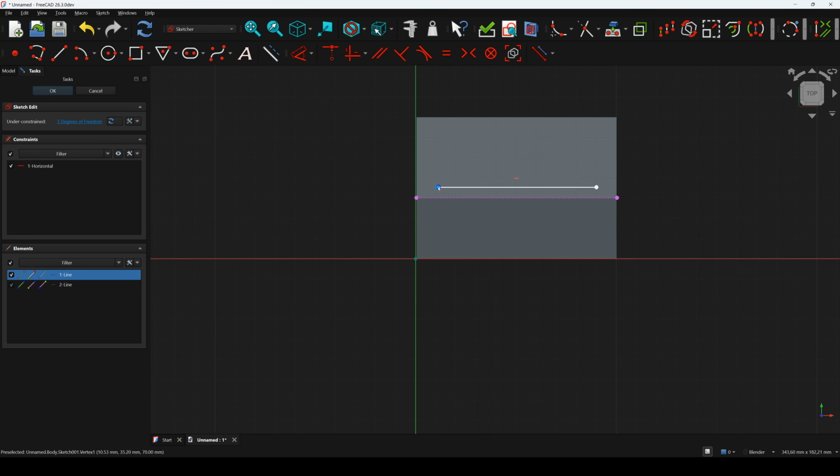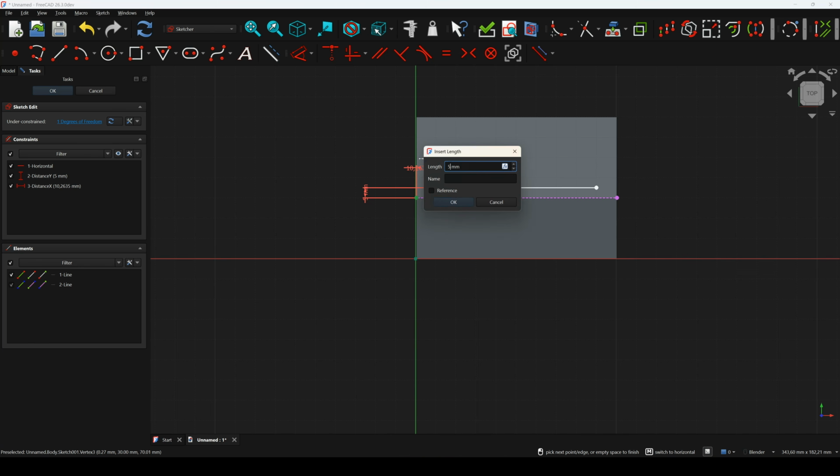I select these 2 points. I select the dimensioning command and here 5 on this axis. On this axis also 5, and we will do the same thing here. Of course, these dimensions can be anything. I'm doing it this way so that the endpoints of the line are simply offset by 5 from the edges of the solid. And now I select the text tool